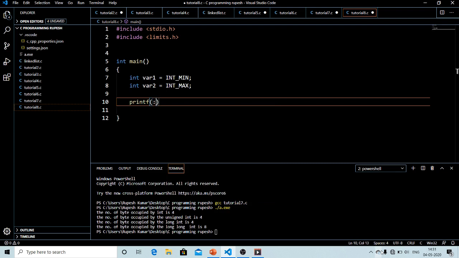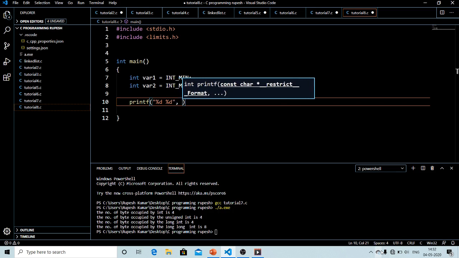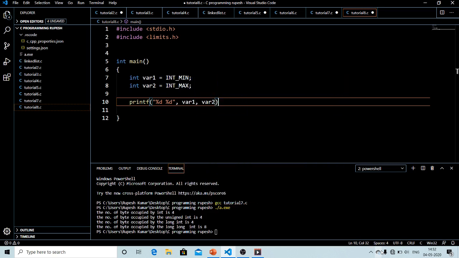As we are expecting an integer value as output, I will put the %d format specifier, and then another %d as we need to print two values at a time. We can either use separate printf statements, or even in a single printf function we can print both values. So let's print both values with the help of a single printf function.